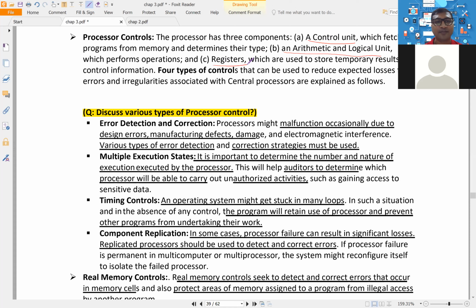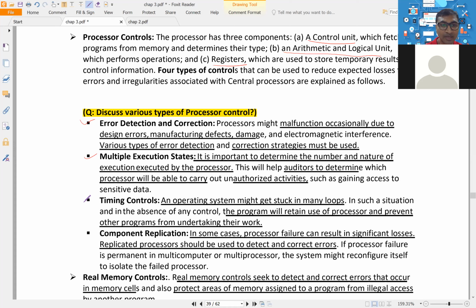Now, first, they are saying the processor might have problems because of manufacturing defects and design errors. So for that, error detection and error correction, simple. But guys, understand, when you go to Google, the Google server will not have one processor. Thousands of processors will be there in their server. A server is a big computer which processes all of our data, all of our requests. So we need to audit how many processors are there and whether they are working. That is also part of system audit.